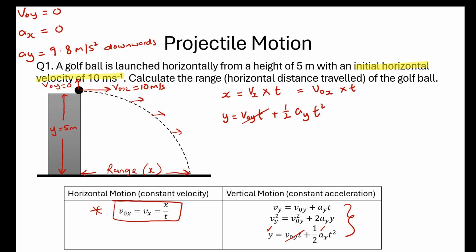And now we can just sub in the values. y is equal to 5. And then you have half times 9.8. So here, because the vertical motion is downwards from the beginning to the end, we can take all quantities to be positive. Times t squared. So 5 is equal to half times 9.8, which is 4.9